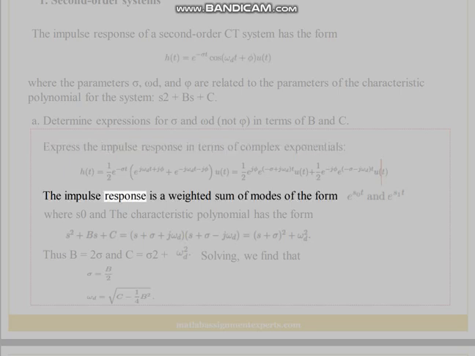The impulse response is a weighted sum of modes, where s0 is a pole and the characteristic polynomial has the form. Thus B equals 2 sigma and C equals sigma^2 plus omega d^2. Solving, we find that